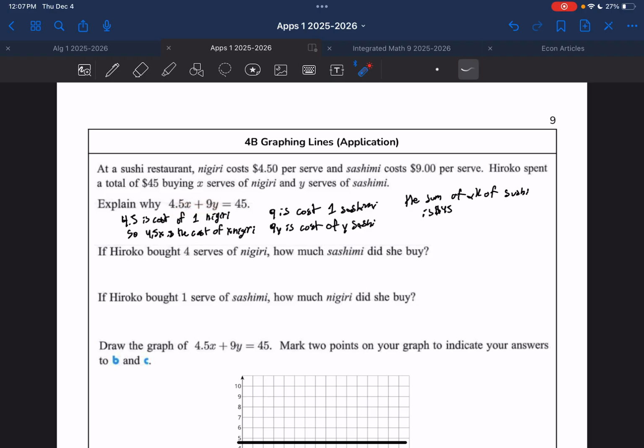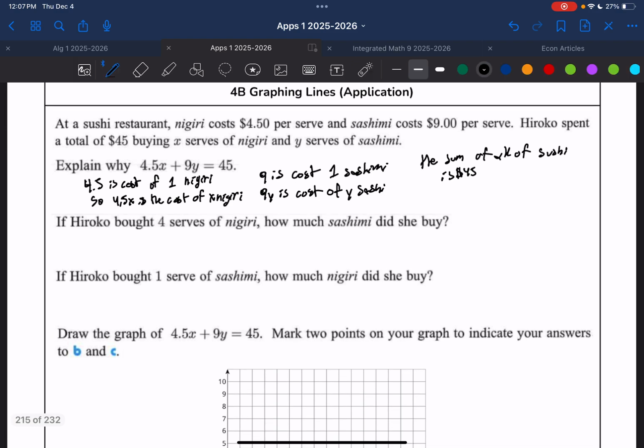All right, so if you bought 4 serves of nigiri, then X is equal to 4, right? Because X is serves of nigiri. Sorry about that. If we use our equation, we would have 4.5 times 4 plus 9y is equal to 45. That means 18 plus 9y is equal to 45. If we subtract 18 on both sides, we get 9y is equal to 27, which means y is equal to 3. So 3 serves